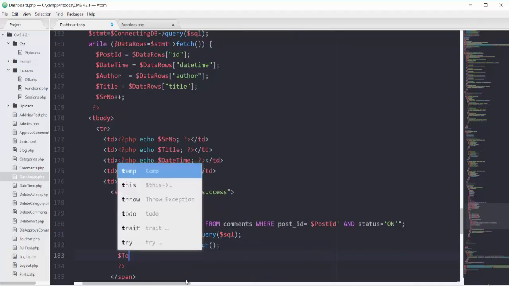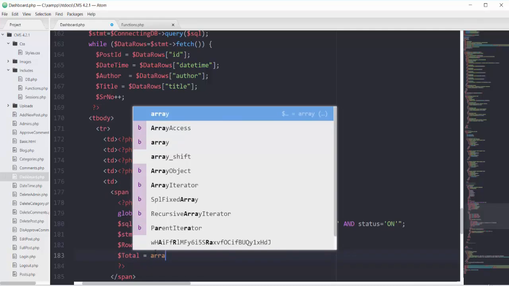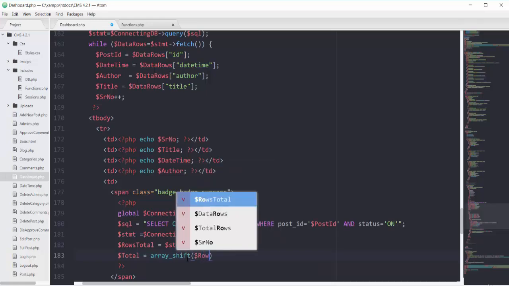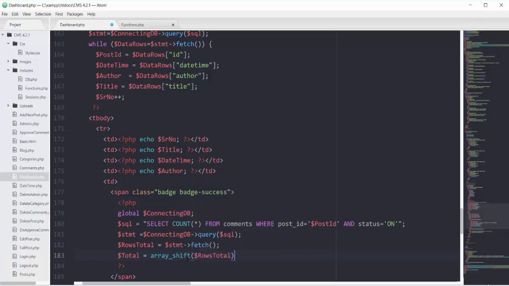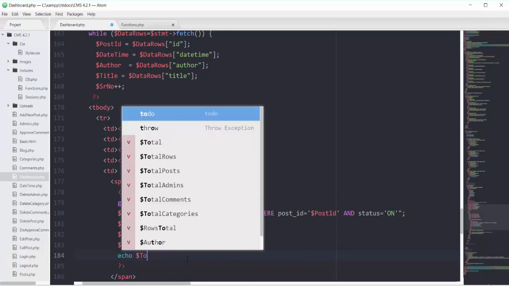Then in order to work with this array, we have to apply the array_shift function, because this fetch function will return us an array. So in order to convert it into a string, we apply array_shift, passing this rows total here. And on the next line I can simply echo this total.